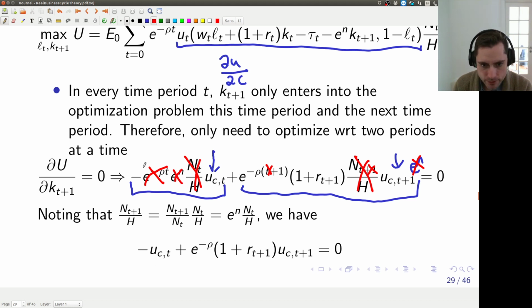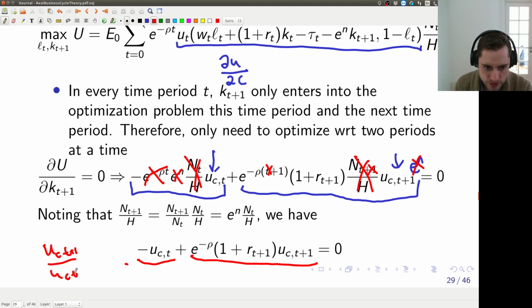So we have the negative UCT term left over here. We have e to the power negative rho times 1, right? So e to the power negative rho, 1 plus RT plus 1, and then UCT plus 1. So we end up with this expression, these two guys. And what we're probably going to do on the next slide is we're just going to rearrange so we can write UCT plus 1 divided by UCT is equal to